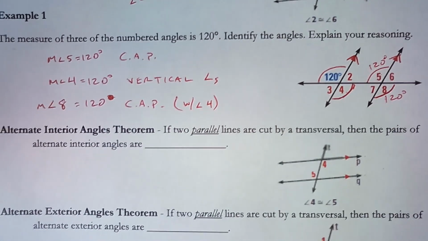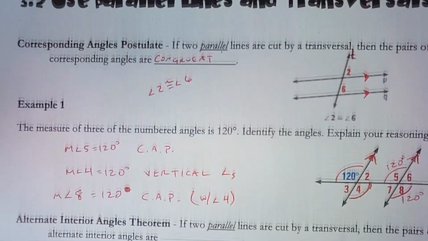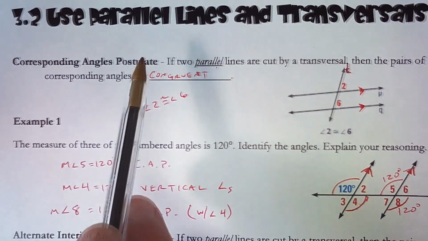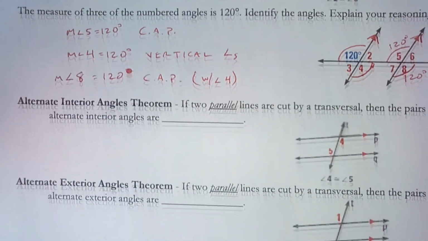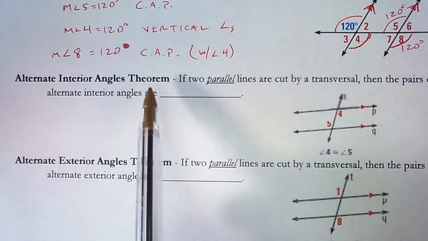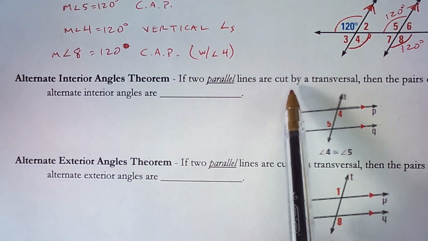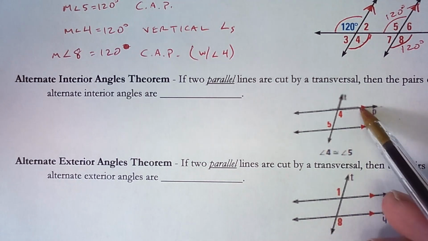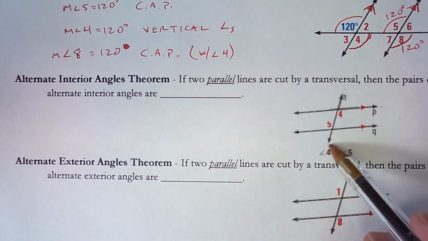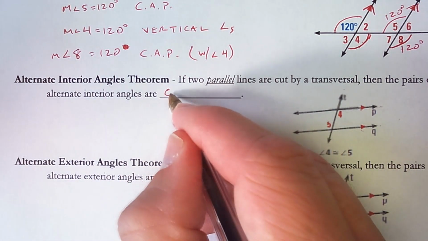The alternate interior angles theorem. Okay, so remember from way back in our first lesson, this is a postulate because there's not actually a proof for it, even though it's just always true no matter what. This one there is a proof for. The alternate interior angles theorem says that if two parallel lines are cut by a transversal, that's what we have here, lines P and Q are parallel, and they're cut by a transversal, then the pairs of alternate interior angles